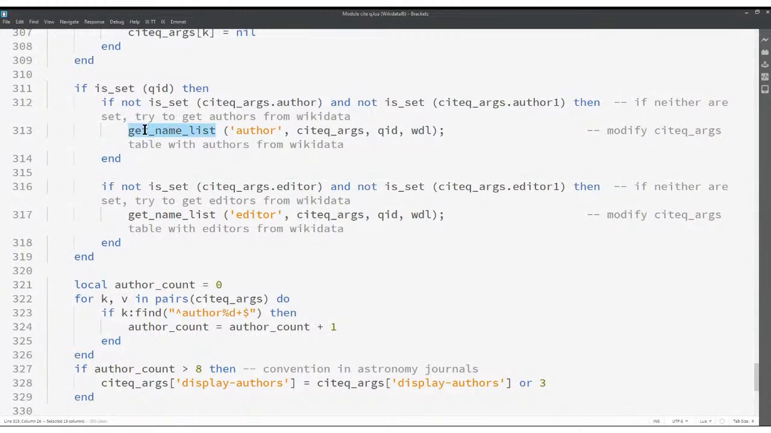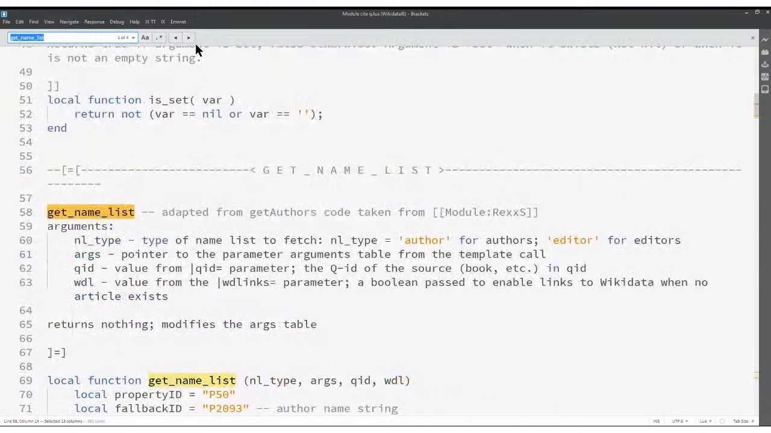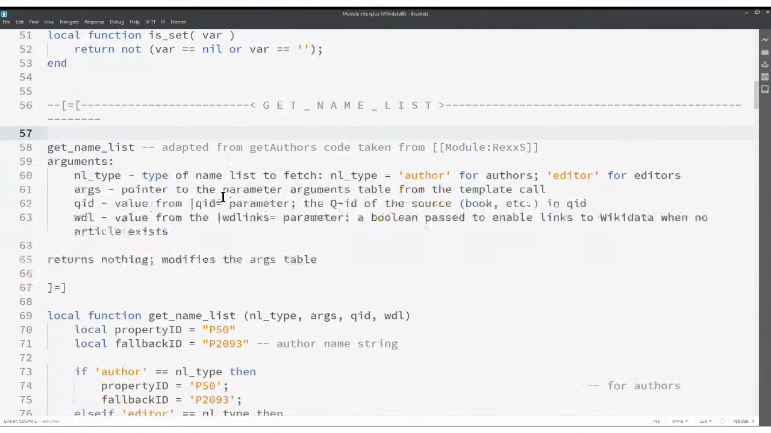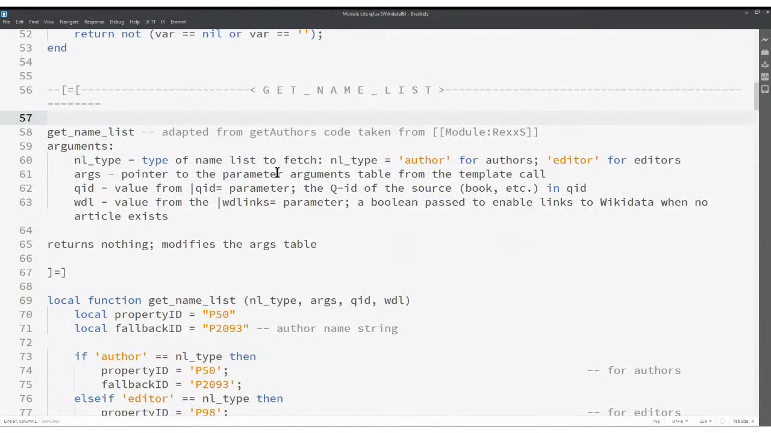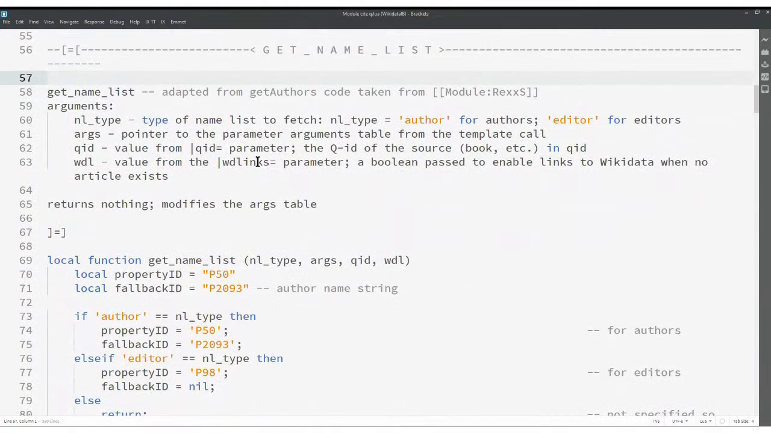And if I look for that, back to the beginning, there is the function itself, getNameList. And this one's a rather old piece of code. It needs tidying up and updating, but